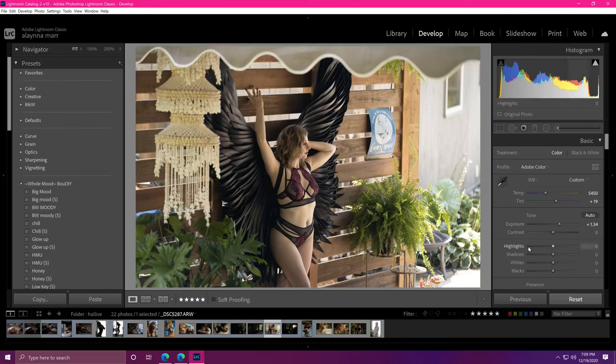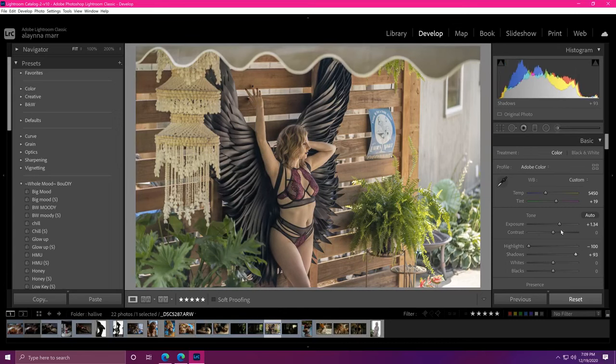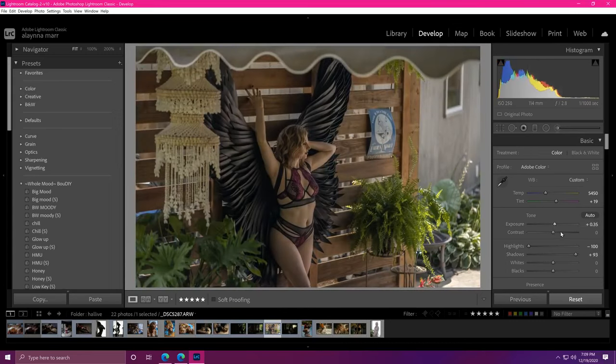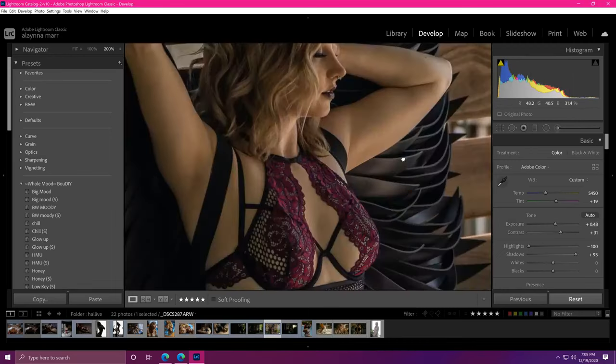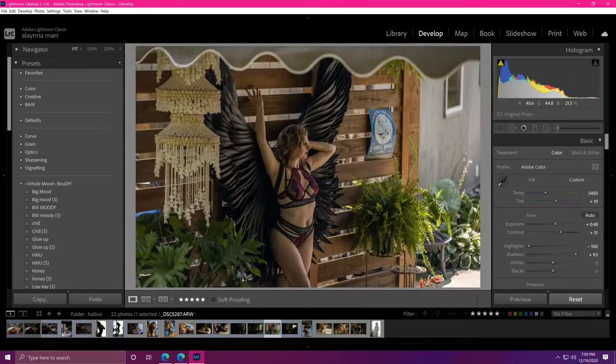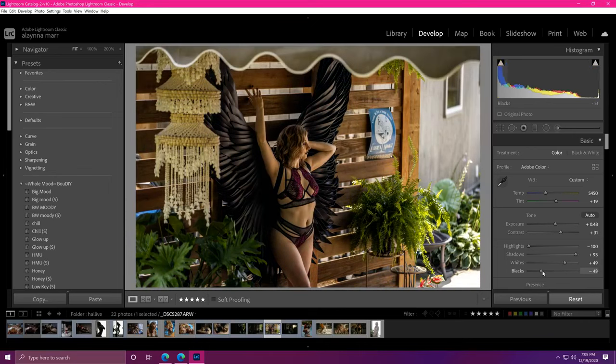So I'm going to do the same thing I do every time. I'm going to lower my highlights, and I'm going to increase my shadows almost all the way. And then I'm going to use my slider, and I'm going to use my contrast, and I'm going to go, ooh, that looks pretty good. Oh, I like that. I actually do like that. I don't like the really dark stuff. I like the in-between. But you can use this to pump up your whites a little bit, give it more contrast even, and you can even lower this if you want to, okay? So you can kind of play between those,